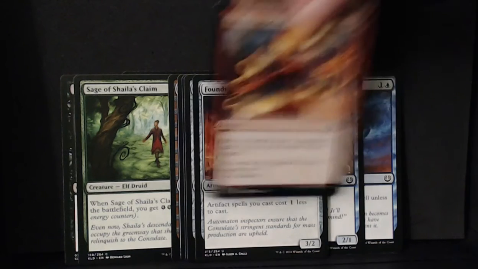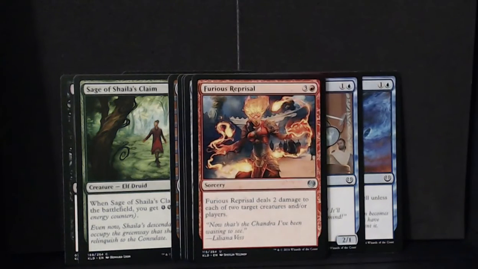Well, here's Chandra, doing what she does best, burning things. Yeah. Furious Reprisal. Very nice. You know when Liliana is commenting approvingly on something Chandra is doing, that Chandra's probably doing something bad. Yeah. Now that's a Chandra I've been wanting to see. Oh, I remember you reading that quote to me before. I do. I want that card. But it's an uncommon, so the chances of me getting it in my box are...